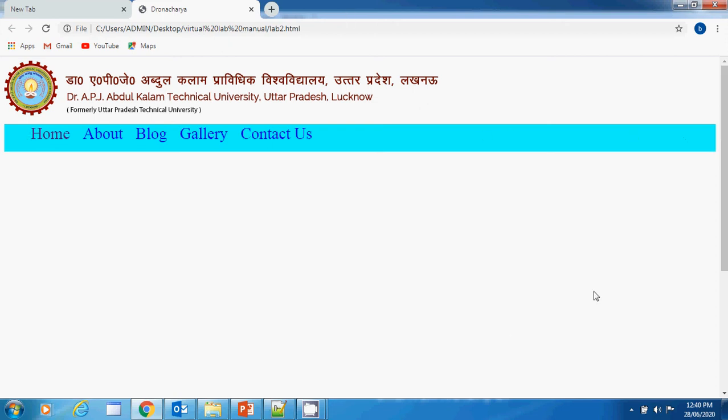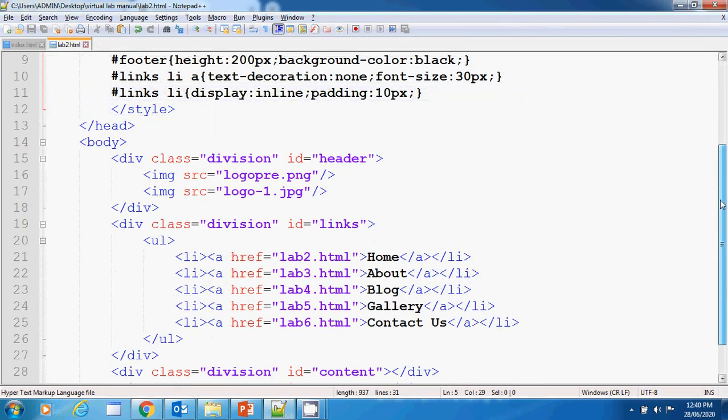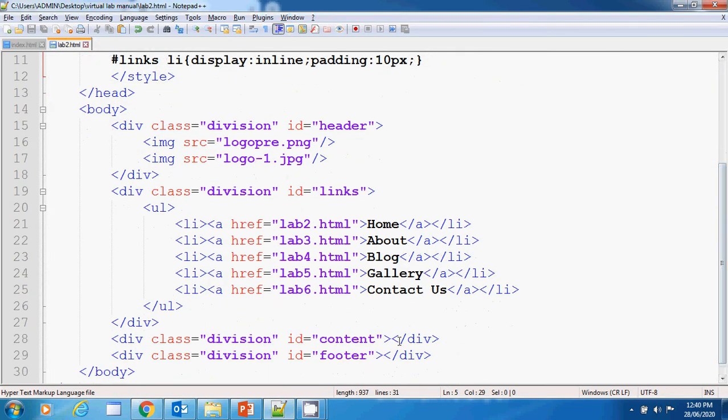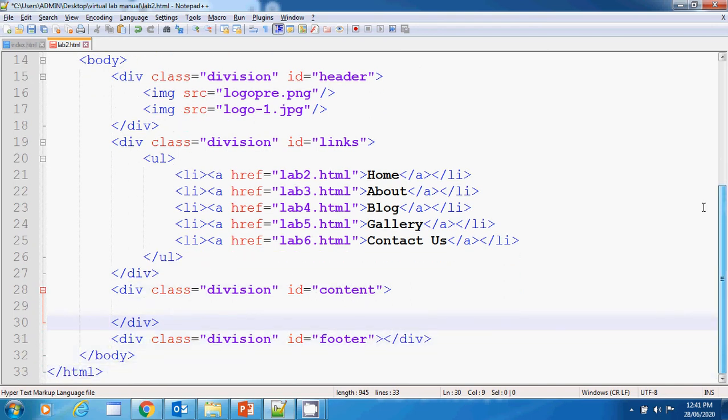So we have created one page. Inside this page our header section is there, link section is there, and in the content section you can write any content, whatever content you want to display over here. So automatically this content section will be appearing, right? I have one video gallery over here. We can apply this video gallery with the help of iframe. So I'll apply it.